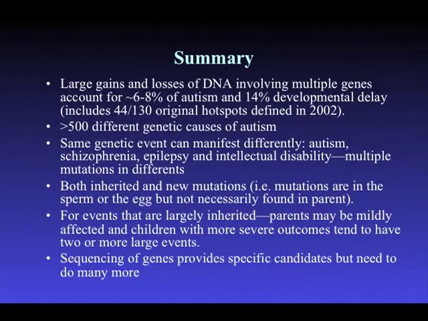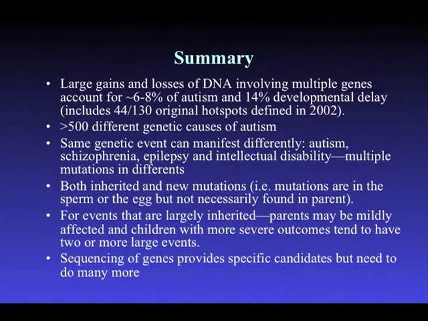So if you take anything from this talk away, I want you to keep in mind that large copy number changes in your DNA are occurring all the time as you generate sperm and egg. They occur quite frequently, and hotspots are occurring at orders of magnitude more frequently than any other area of the genome. We estimate, and others have estimated, that about 6 to 8% of cases of autism are probably associated with these large, very rare CNVs, about half of these highly recurrent. In the case of developmental delay more broadly, it's about 14% of the cases that have these large CNVs that we think are pathogenic.